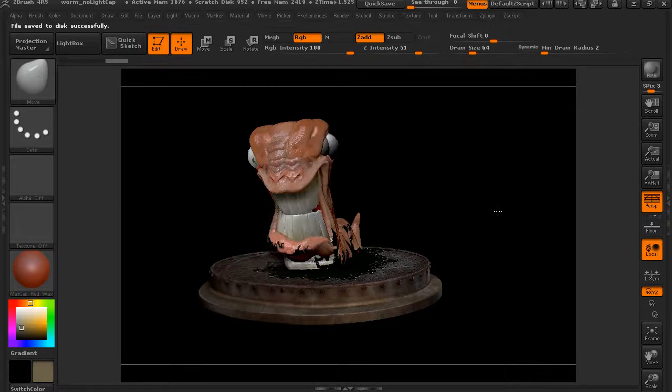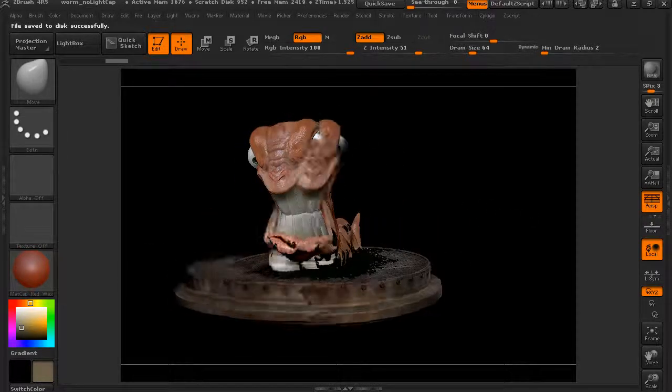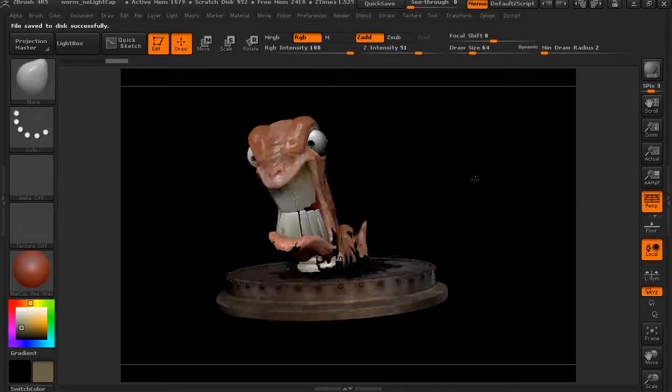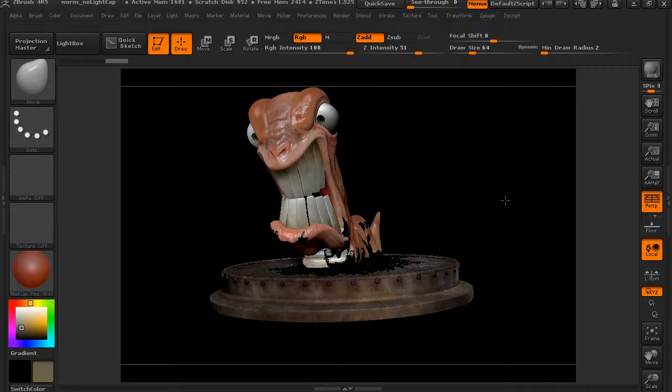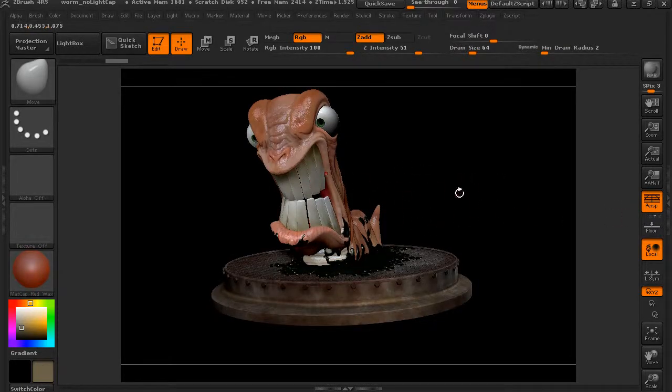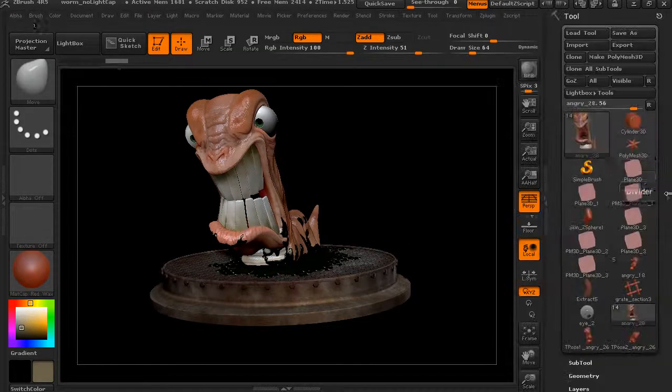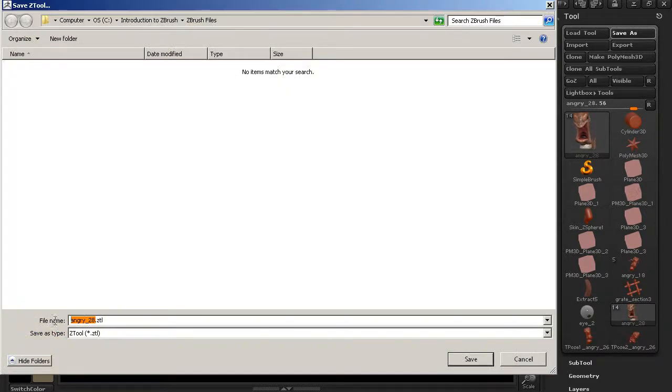If, however, we want to be able to save this tool, you can see here, if you get this issue where you're able to rotate this, but you see another copy, all you have to do is hit Control-N to clear the canvas. Assuming we want to be able to draw this tool out again and edit it and bring it in if we're working on a 3D model, we actually want to save the ZTool. And if you wanted to, at that option where it said do you want to save the tool, you could have just clicked Save Tool, or you can also go into our tool palette and choose Save As. This will enable us to choose, okay, this is our worm tool,